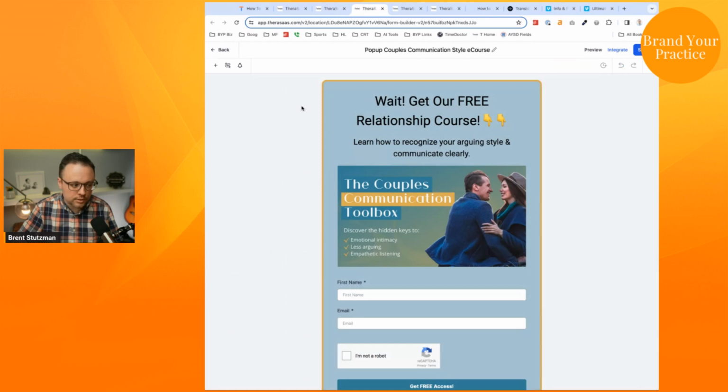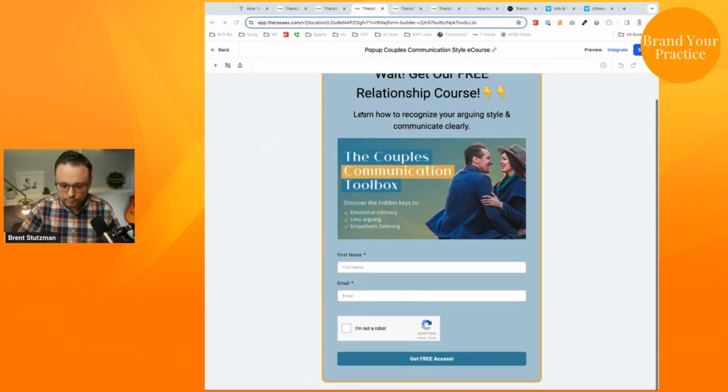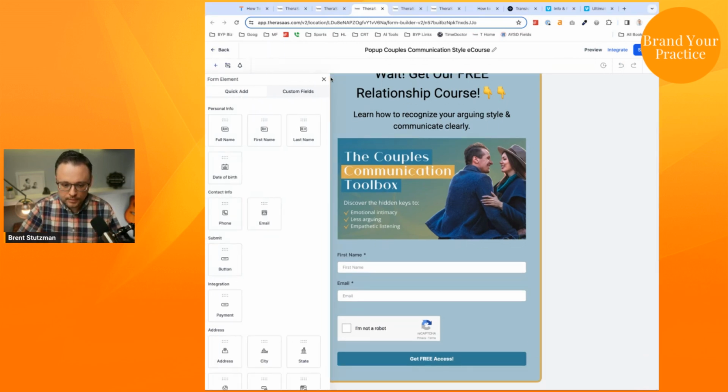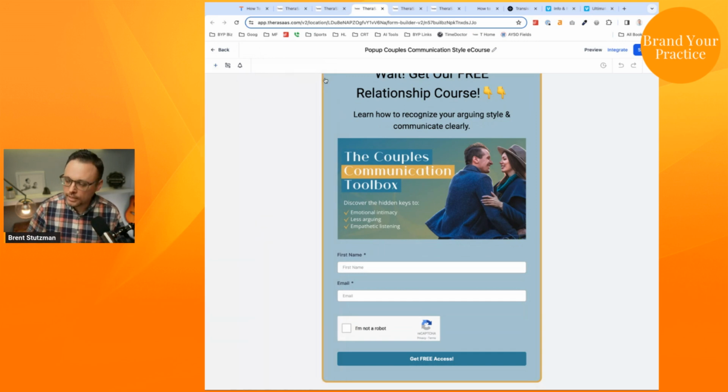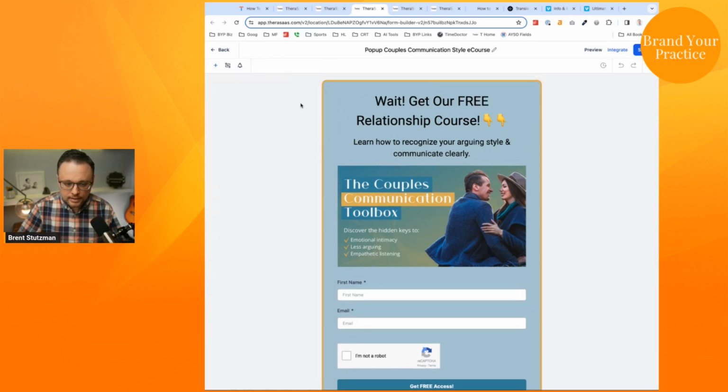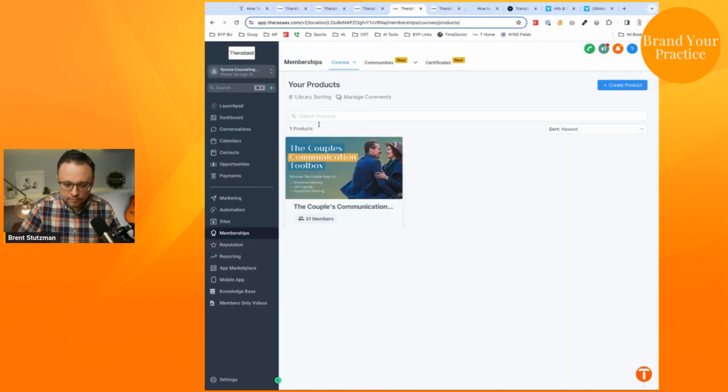Let's get to the next one now. So this is going to be the live demo. This is going to be the e-course. And this was also built inside TheraSaaS here with our form builder. Again, most email tools like MailerLite, ConvertKit, they all do this to some extent. And then when they fill out the course, this is the inside of TheraSaaS. There's a membership module. We created this course,